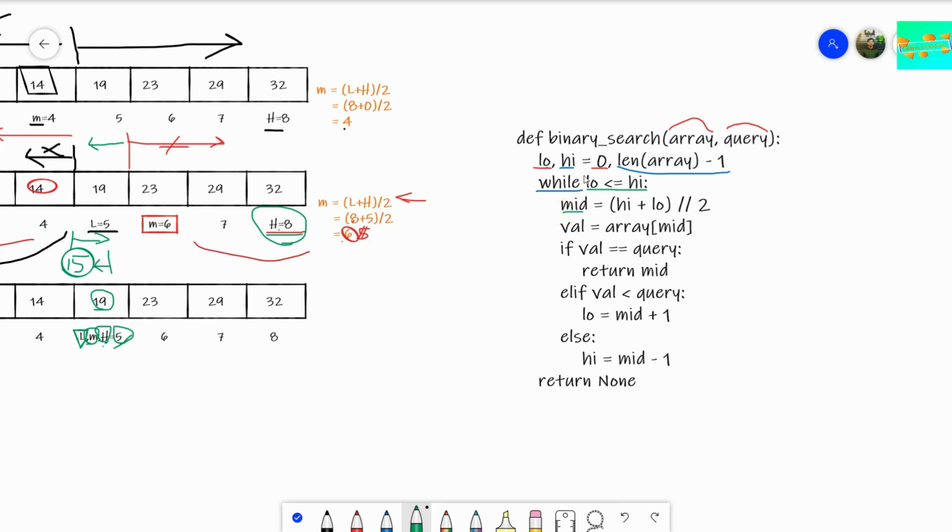Moving on, we need to find the mid. While we are moving in this loop, again and again we need to find the mid, like we did here. The mid is written with the same value, that is high plus low divided by 2.